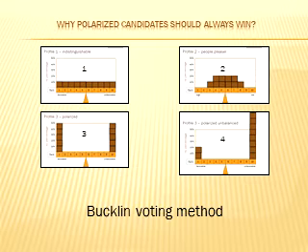Consensus voting is a variation of Buckland voting, and Buckland voting was used in some jurisdictions almost 100 years ago. The way Buckland voting works is any candidate who has a majority of first place votes, that is more than 50%, he or she is the winner. If not, we add second place votes to the totals to see if anyone exceeds 50% of first plus second place votes, and so on until someone reaches a majority.